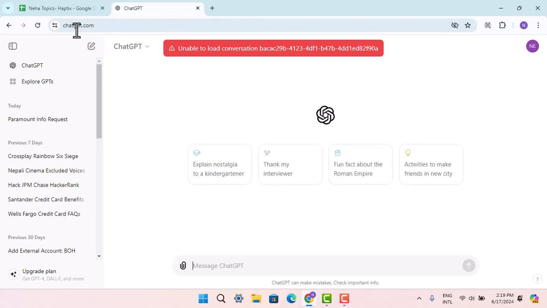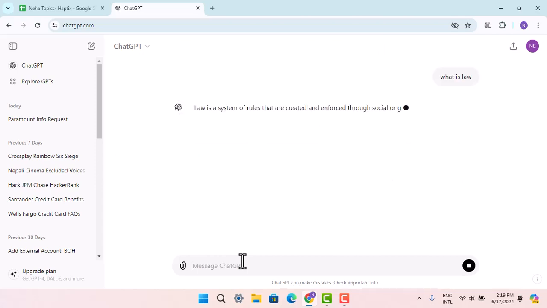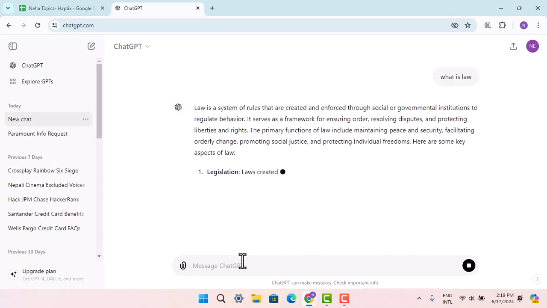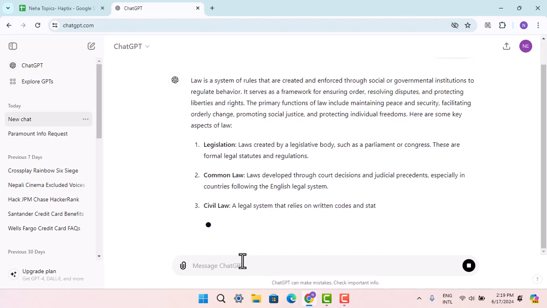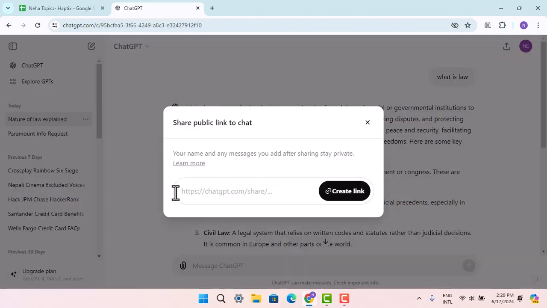Now, first of all, type in the queries or the conversation that you want to start. So let's say this is the one. When you've typed in the information or the queries, it's going to show you the responses, something like this. Now, right on this page, what you can do is just press the arrow icon,